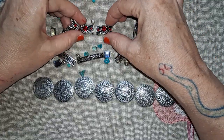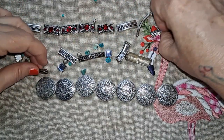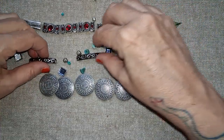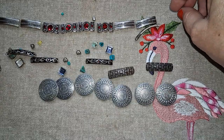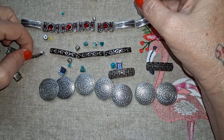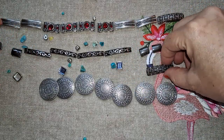Am I out of frame? Yeah. These go together here. This goes with this. Hold on, I gotta remember. I think these go with this. Somehow. And then these. I can't remember what this one went to. All of these right here. They were broken when she gave them to me, but they weren't all in a bag together. They were separate. And so now I have to try to remember. So all of these went together with this somehow. And I think this might...